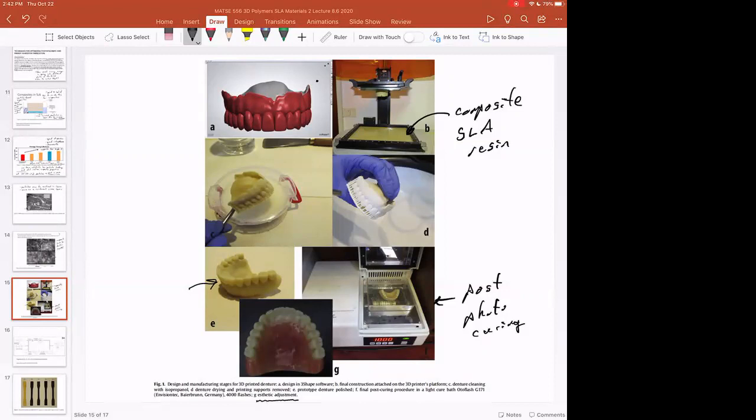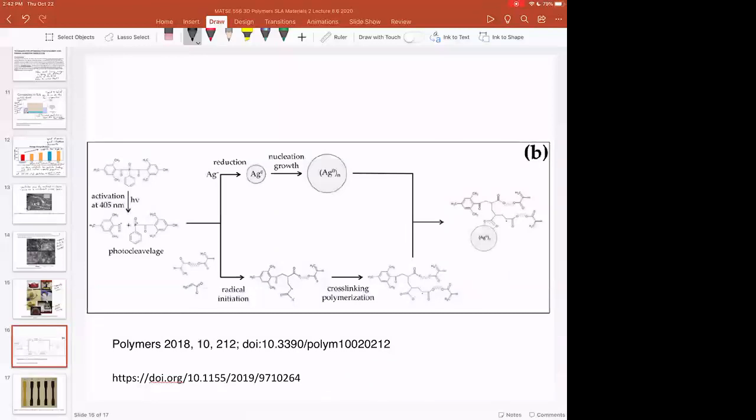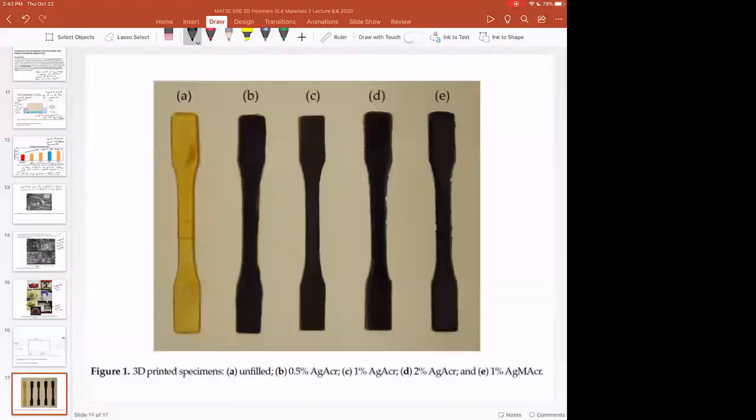Okay, so one last thing, there's two papers on here. I encourage you to take a look at both of these links, and I'll show a diagram of one. But oftentimes people say, well, you can't get things that are black to be SLA resins. And in some cases that's true, but in other cases that's not true. Of course, black things absorb light, and so we need light for photocuring. And so we need the light to act on the photo initiator, just not be absorbed by the filler and